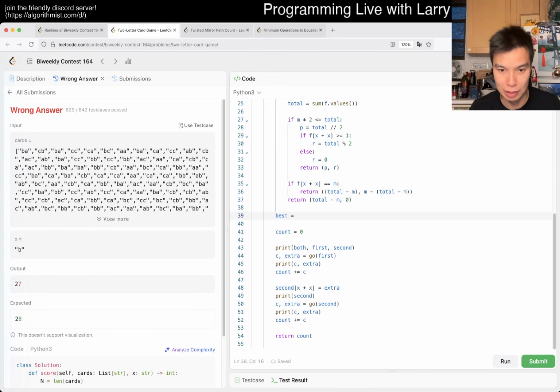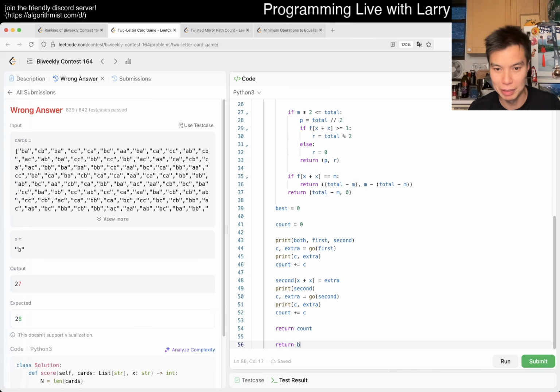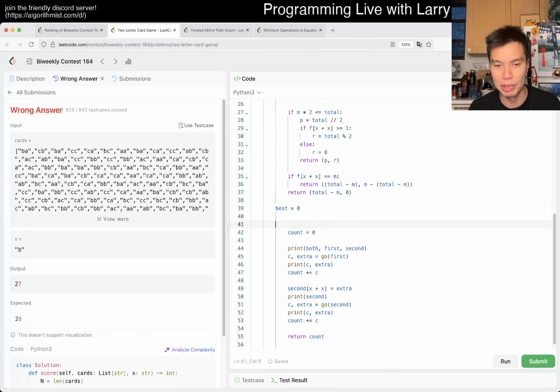But our best is equal to 0. We return best, and then we just put this in the loop. There's only 2 possible ways to order this, right? So we could greedy it in both ways. So for first, second, in